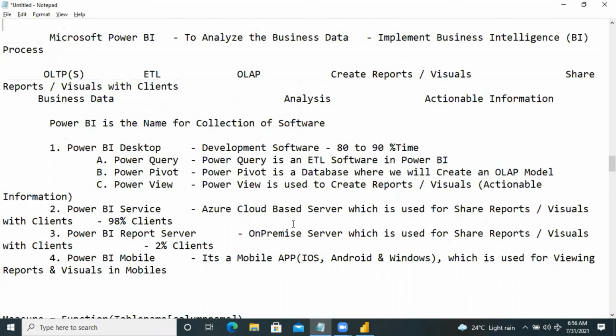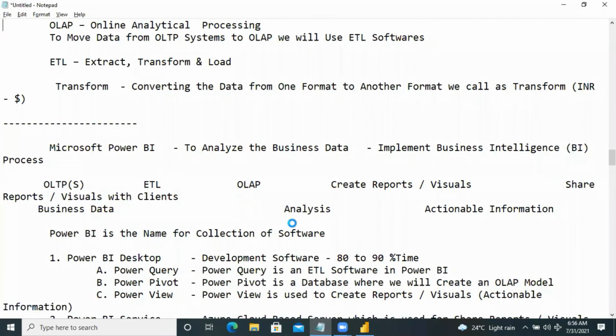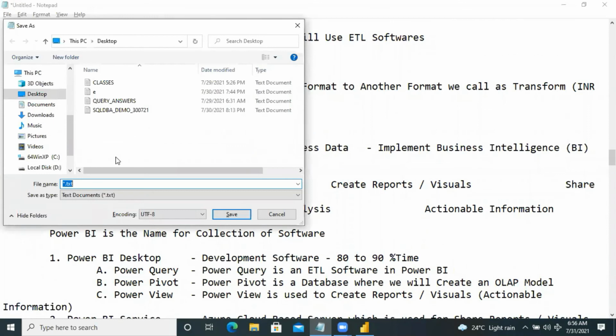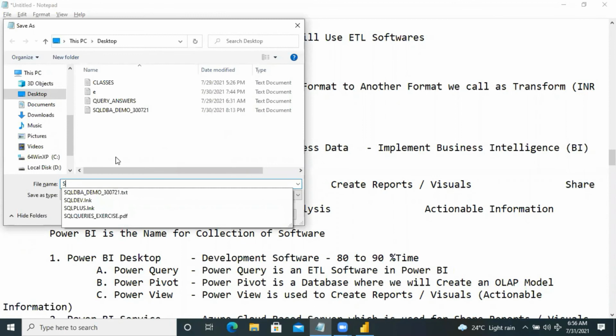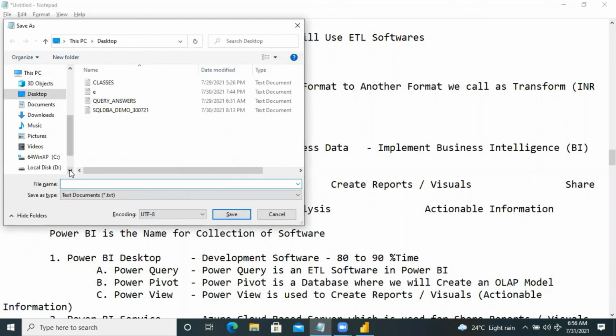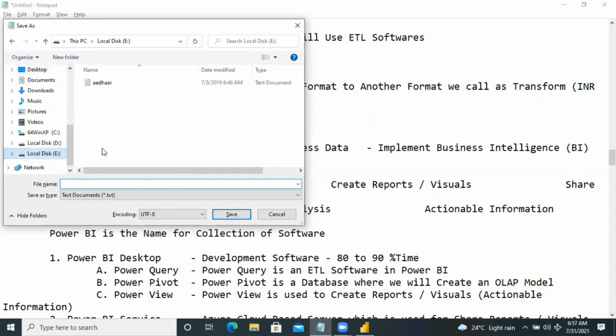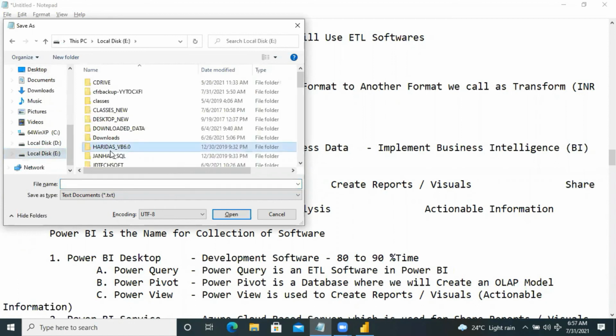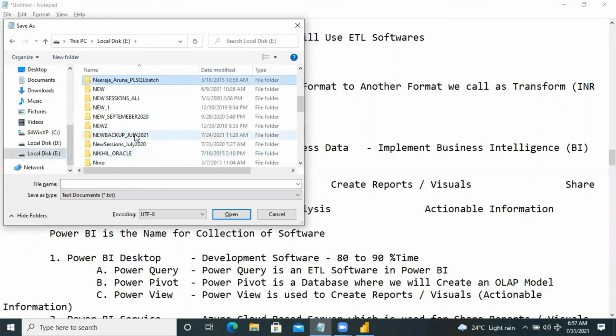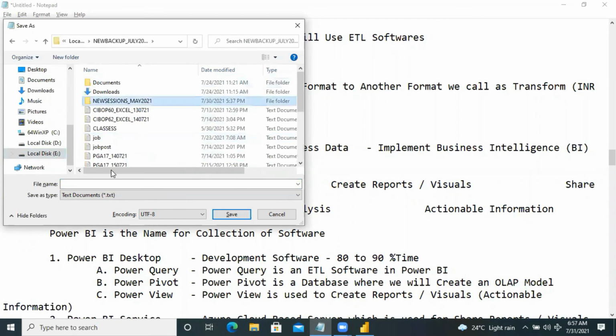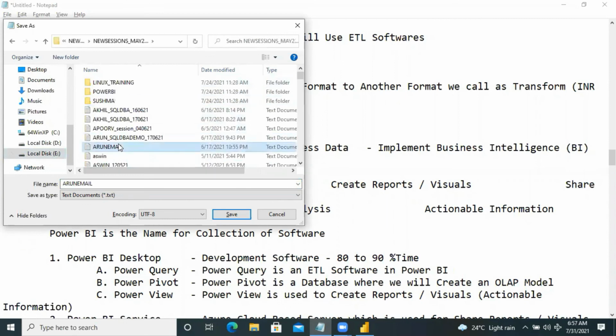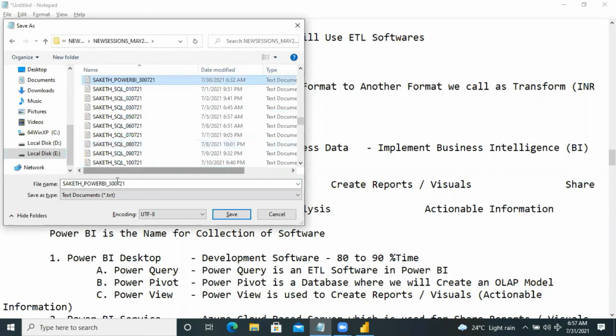Okay. So here I'm going to forward all the notes. Read the notes, and I'll check and give the solution for connecting to the database on your machine. So what is the problem you are getting with the SQL Server? I'll check and give the solution. Okay. And after that, load the tables and practice this stuff.